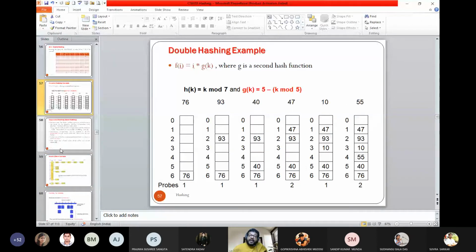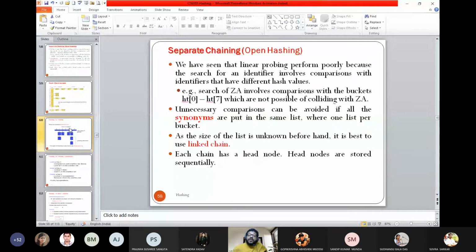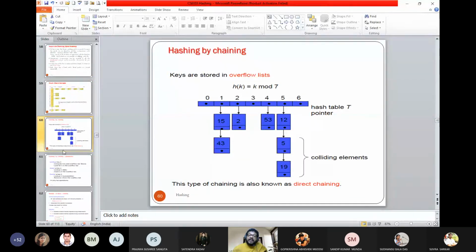If I try to find the synonymous keys, I first land here, then I go to this location. Sometimes we call it direct chaining. That is what I tried to explain, like B plus trees and other things: when the number of records going to the same address is large, if you have a unique address capable of storing 6 records or 8 records, we can use this mechanism, but there is also a limitation. We cannot extend the link infinitely, because our constraint is secondary storage. So these are synonymous.